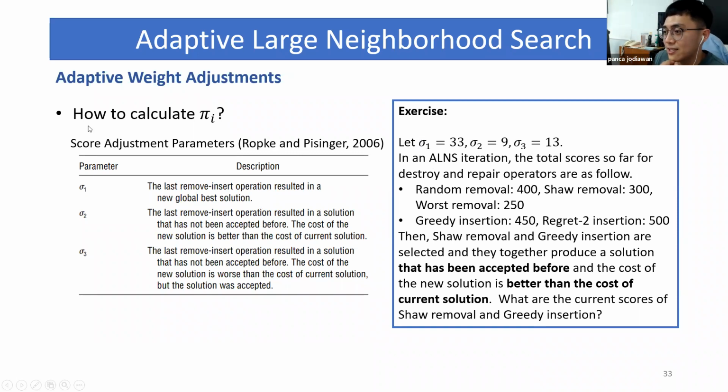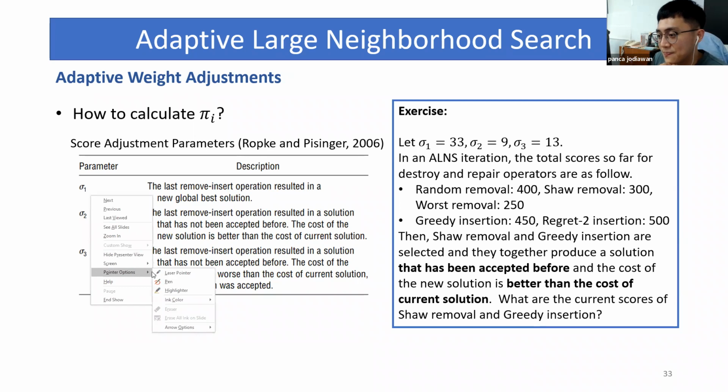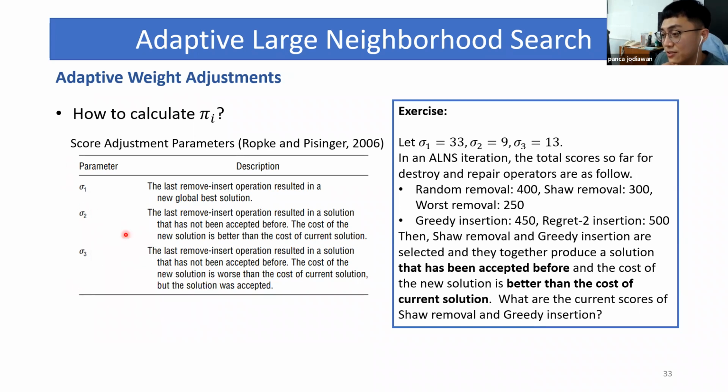Based on these parameters, and the description that I have already explained, let sigma 1 equal 33, sigma 2 equal 9, sigma 3 equal 13, okay? These are given. In ALNS iteration, the total scores so far for the destroy and repair operators are as follows.